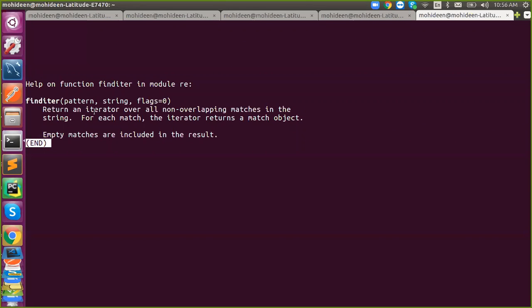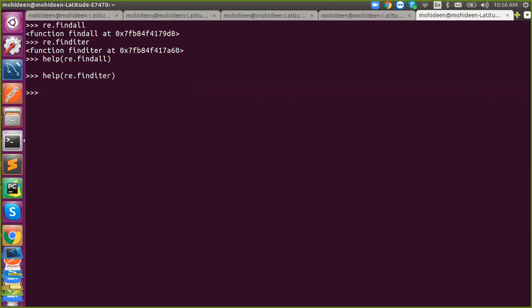So this will return it as an iterator. You all know what an iterator is. It's memory efficient. Got it? We will even find out how much memory it will consume. Okay, fine. So I will apply the same one: r = re.findall.